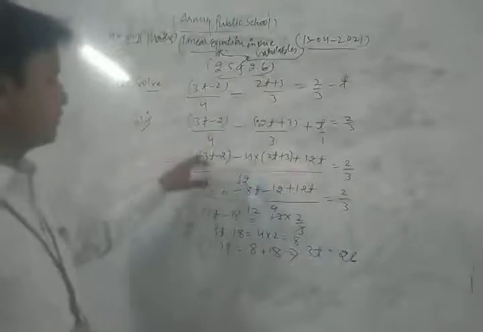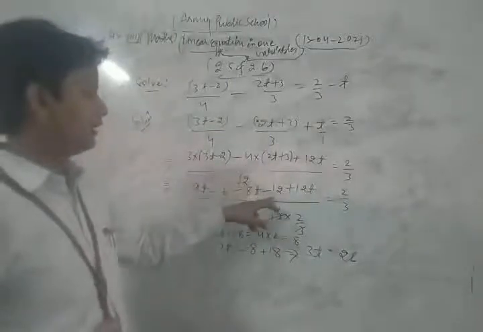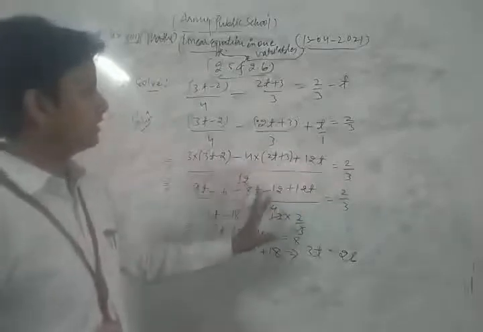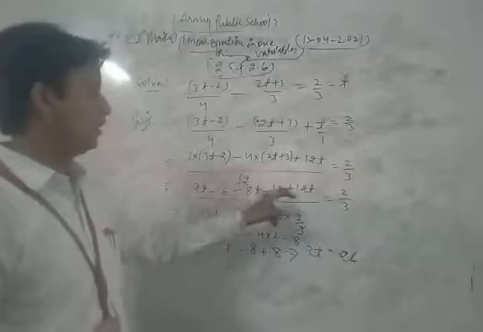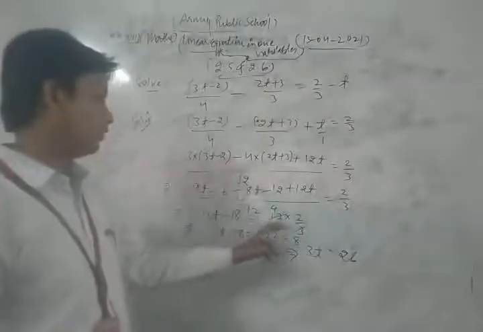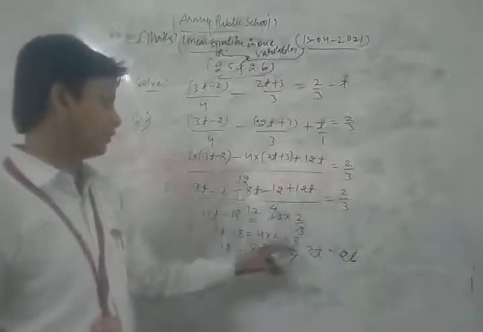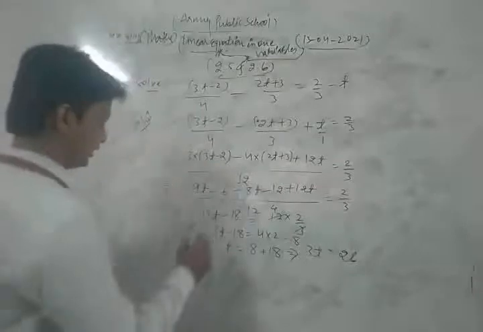26. Let's see once more. So here 3 3s are 9, minus 3 2s are 6, minus 4t, 8, plus minus 12 and plus 12t right as it is. Okay, now we simplify them. 8t minus 8, 9t, so 1t, plus 12t is 13t, and minus 6 minus 12 is minus 18, is equal to 3 4s are 12, 4 2s are 8. So now 8 plus 18, 13t. So here 13t, yes, 13t.